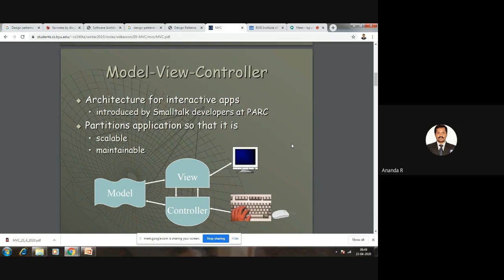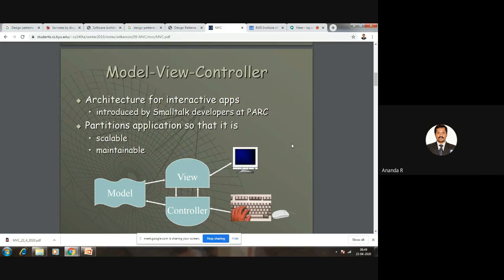So clearly you can observe the three components here: the controller, the model, and the viewing component, working with the help of the end user.